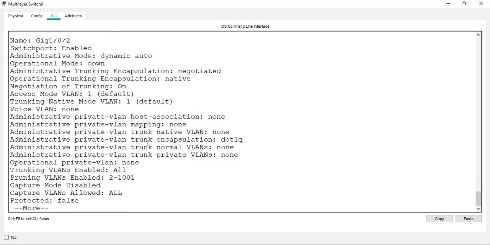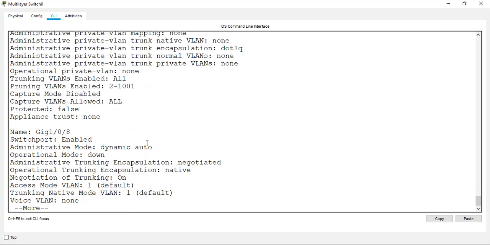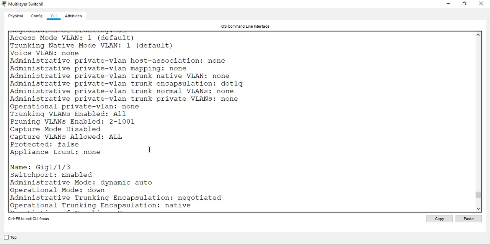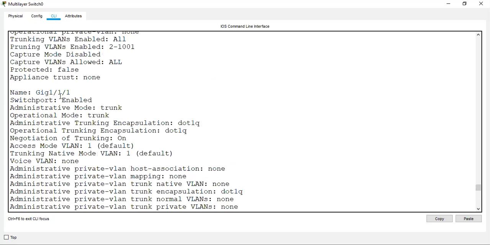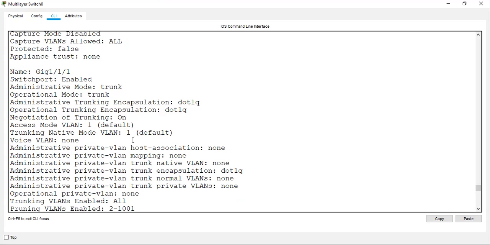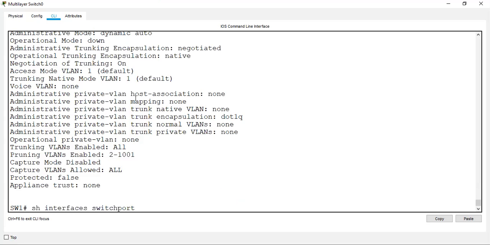If I come down to the last port, which is gig 1/11, which I configured as a trunk, it says that all the VLANs are allowed. So whether your port is trunk or access, you can also get that information from show interface switchport.